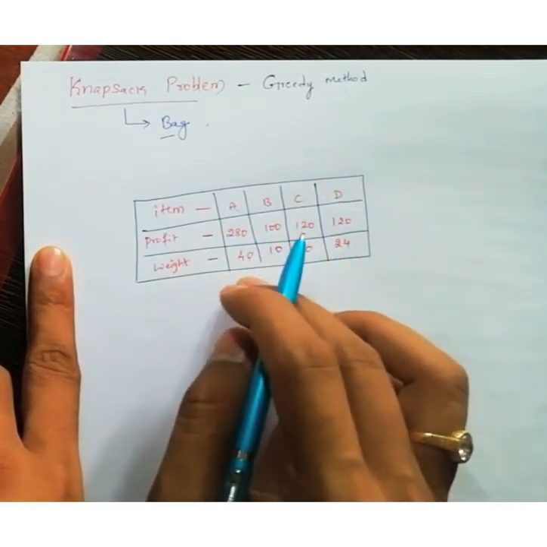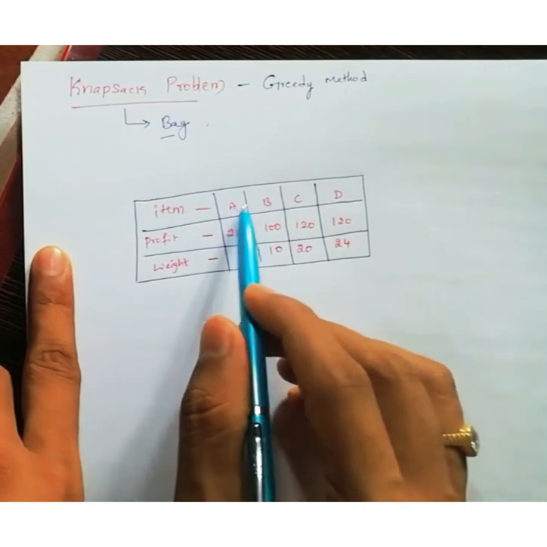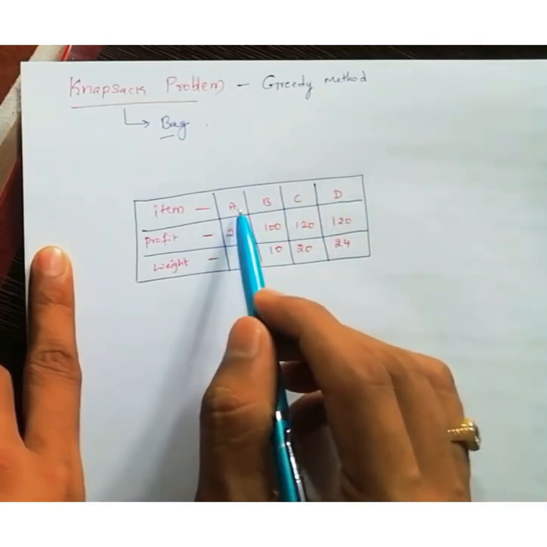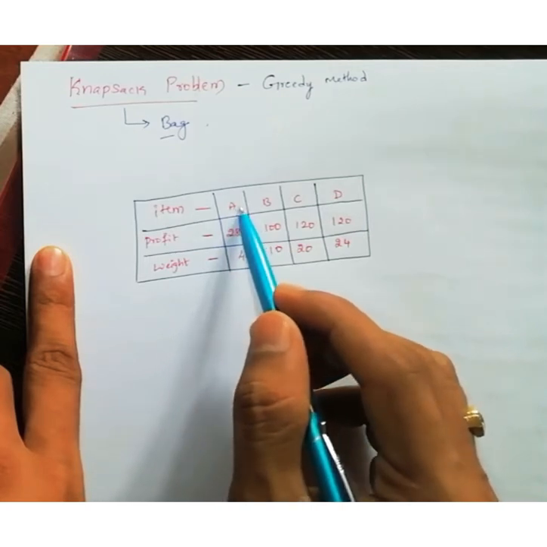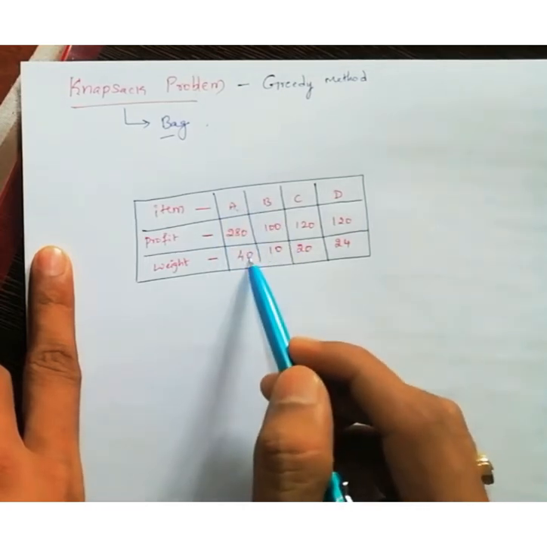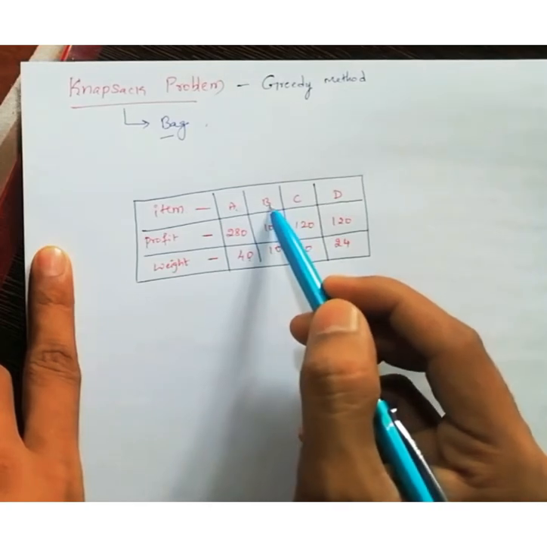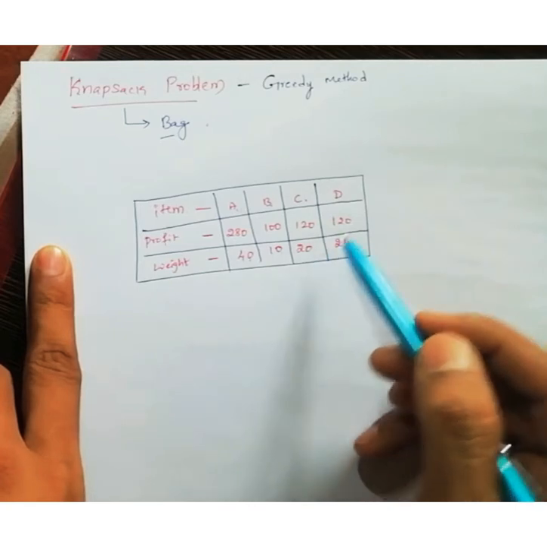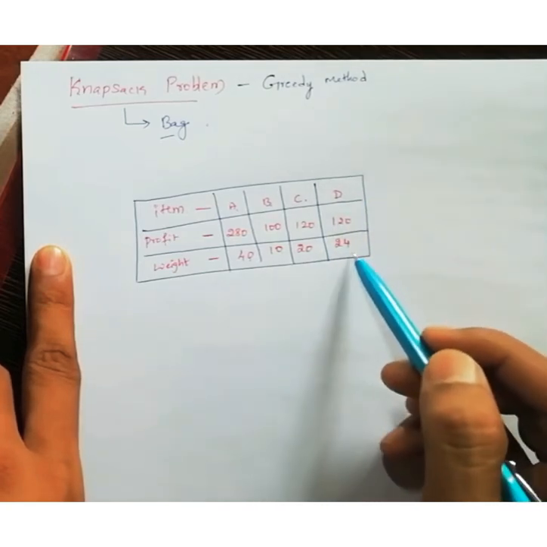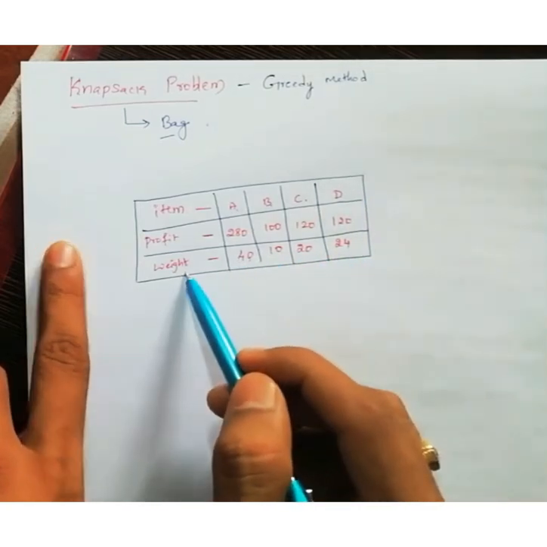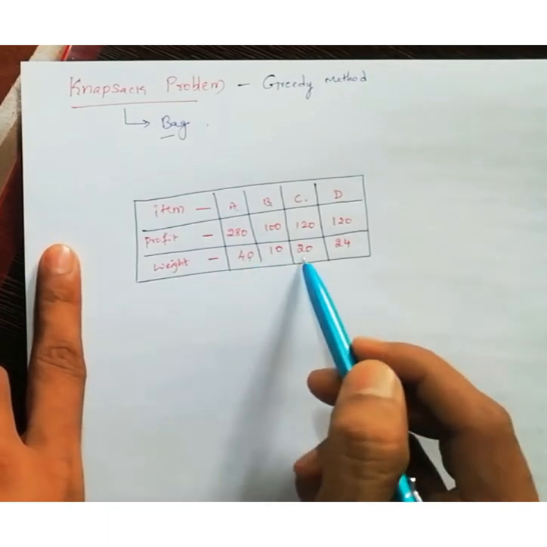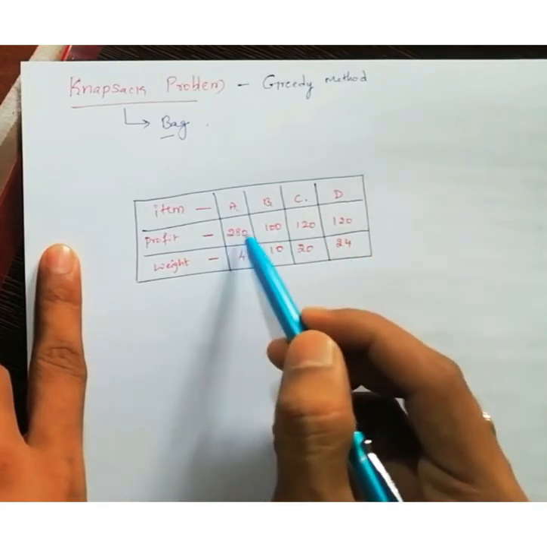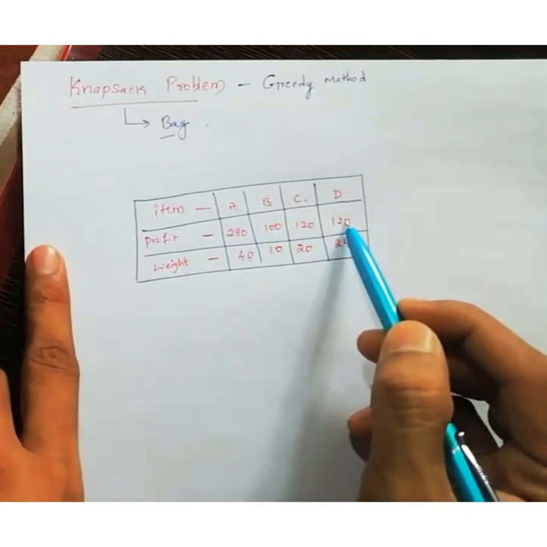Here in this table we have some items: 1, 2, 3, 4, four items. For example, item A can be apples. How many kgs do we have? 40 kgs. B, for example grapes, 10 kgs. Next, item C has 20 kgs, and D has 24 kgs, and these quantities are represented by weights. After selling these items, how much profit will I get? I have that here too.